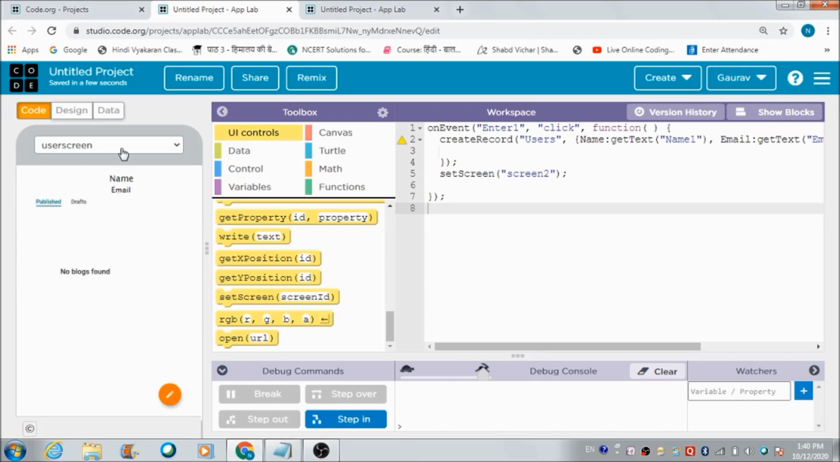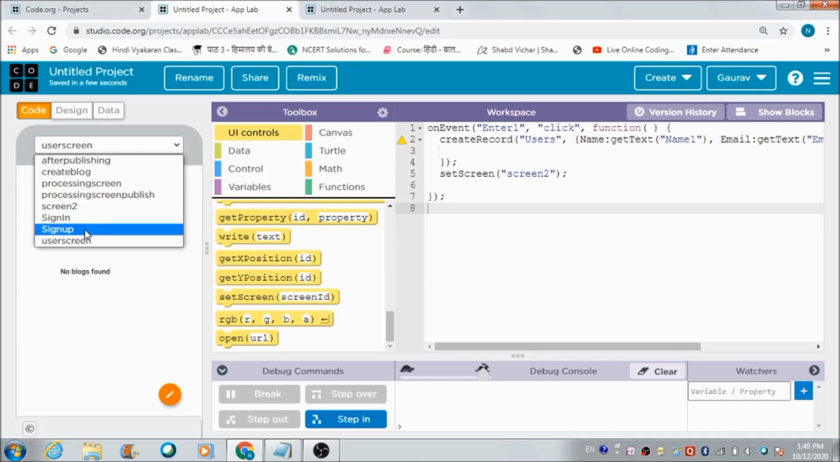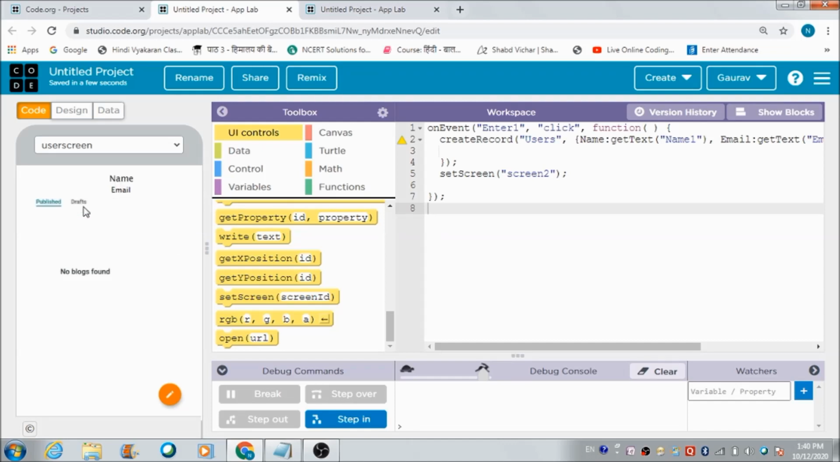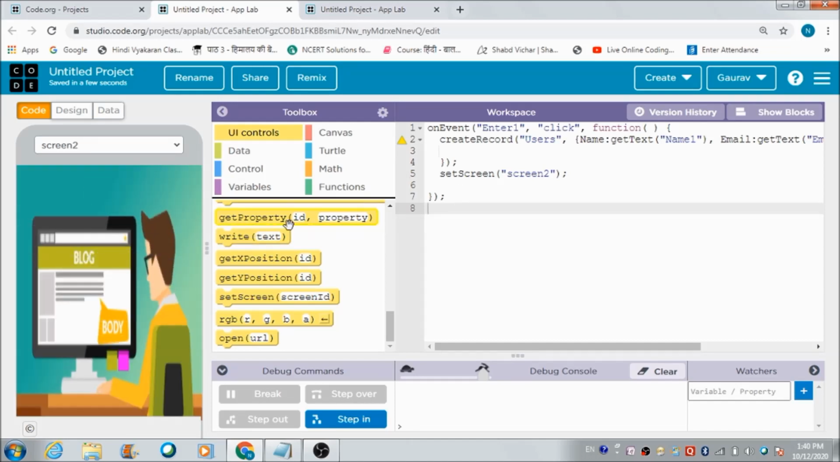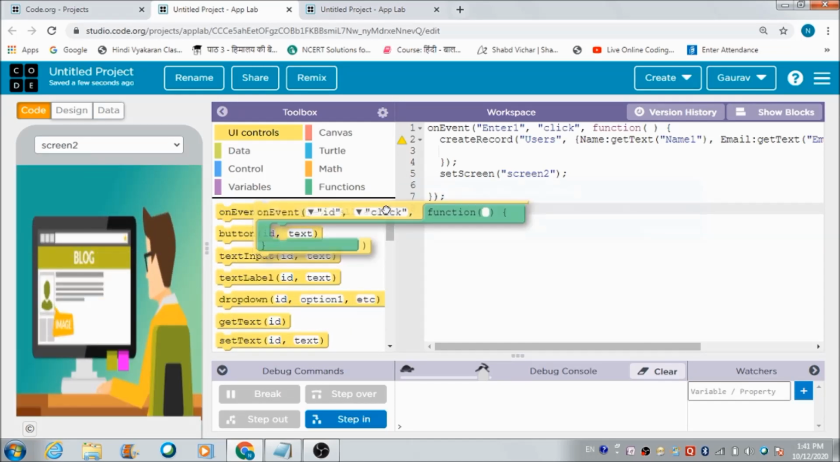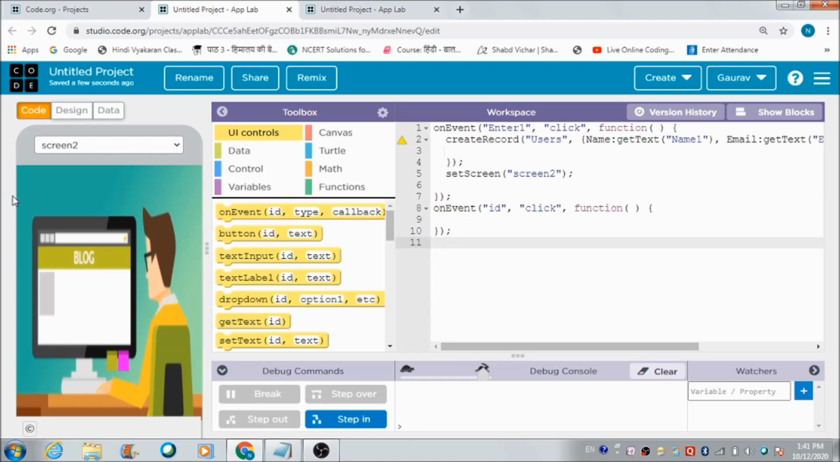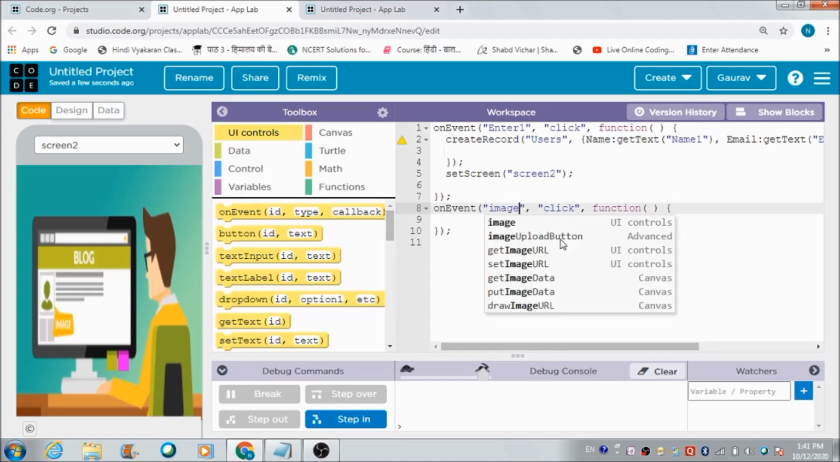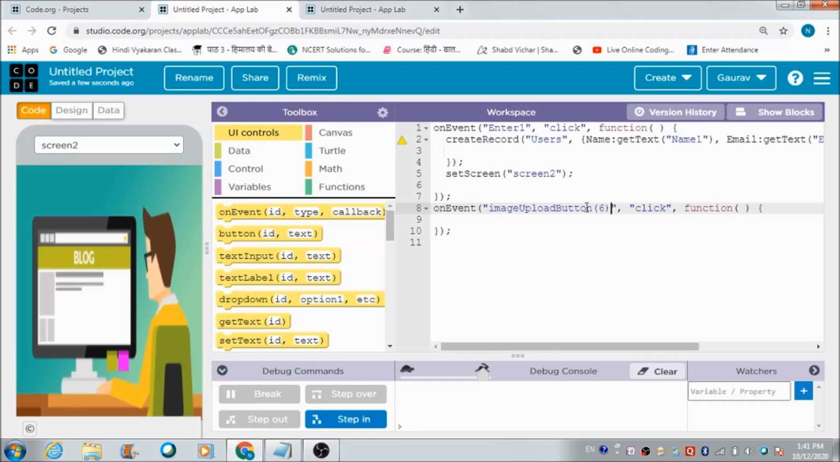So how am I going to get this name and email ID on the top of this user screen? Well, for doing that, I would like to define an event block. What is the ID of this component? It is image6. Fine. And image6. So when the user hits this image6 button,